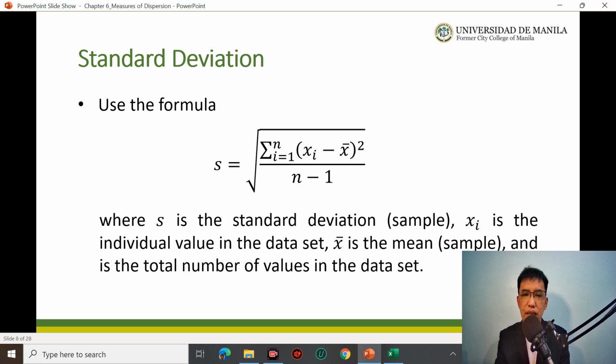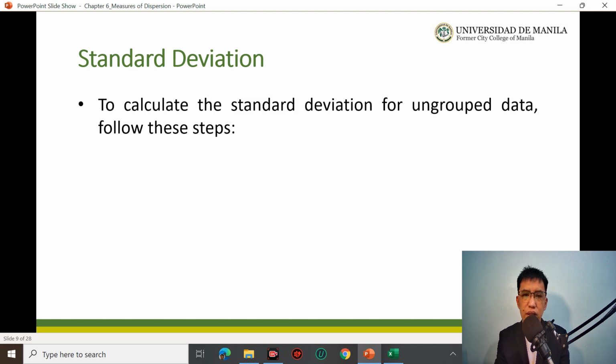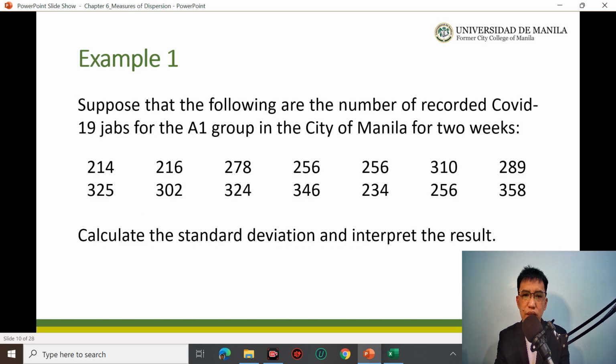And n is the total number of values in the data set. This n, small letter n. Okay. So, naulit. Let's have an example. Okay. So, we will be solving this example in our next